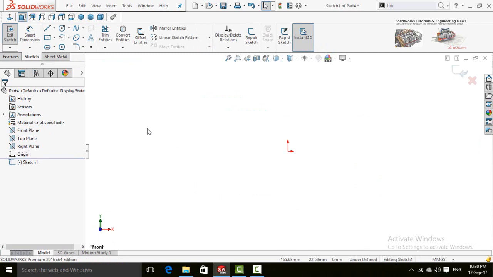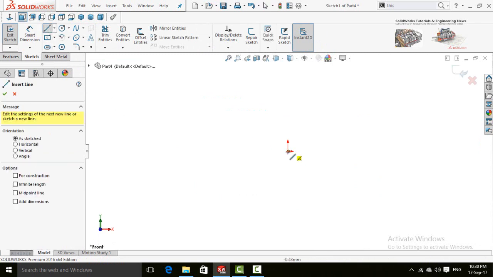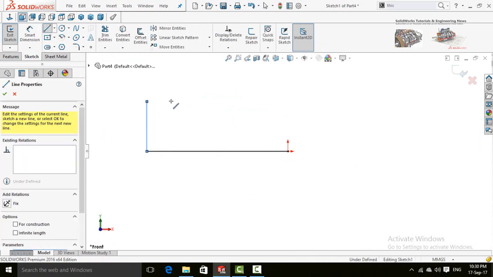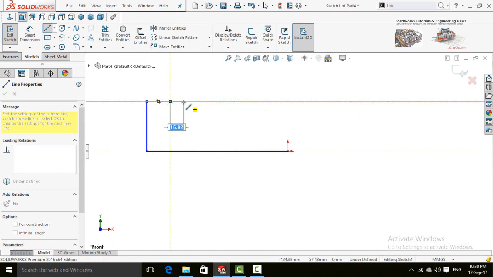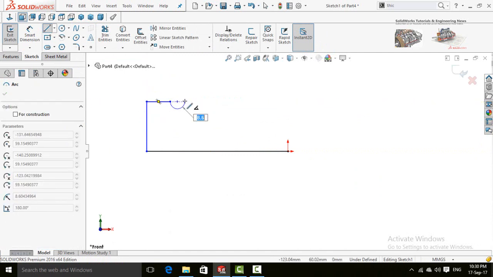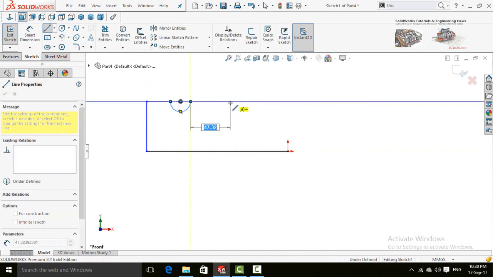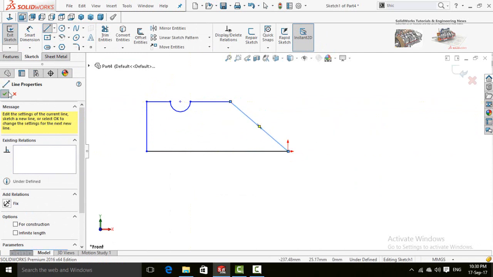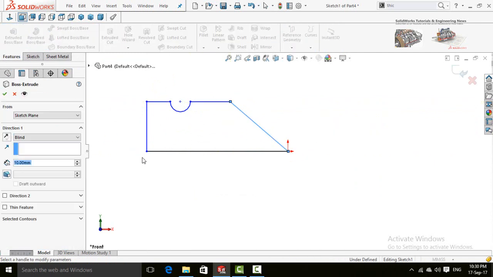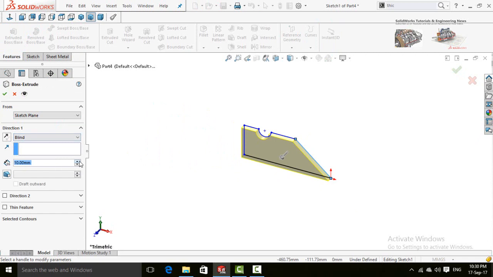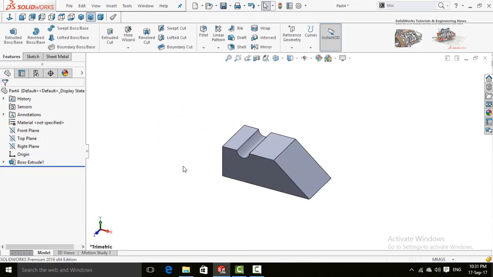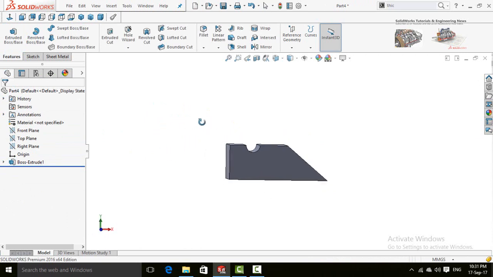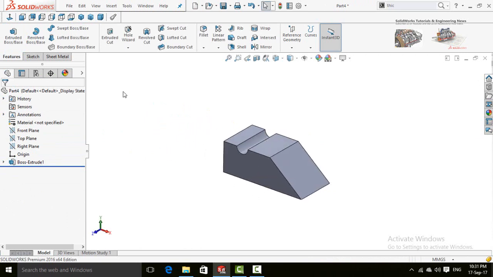So sketch on front plane and then draw some sketch. Now in the features tab extrude it, press OK button. At this moment I'm going to convert it into sheet metal.